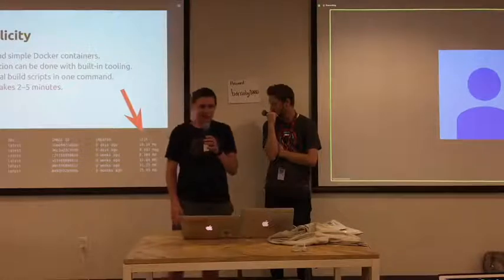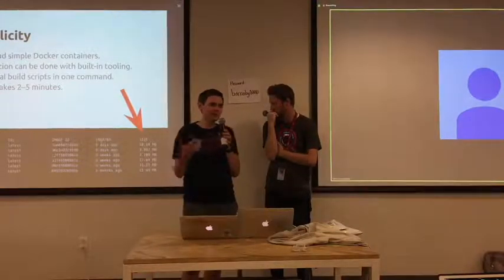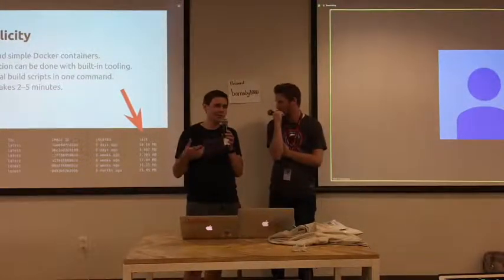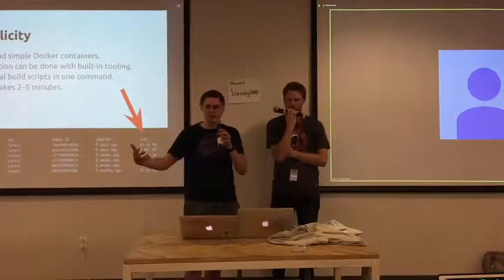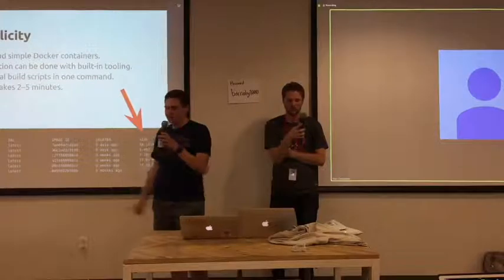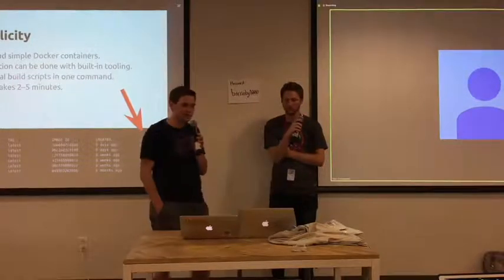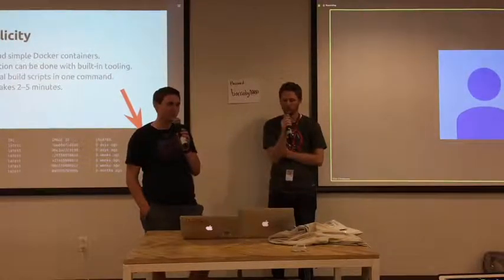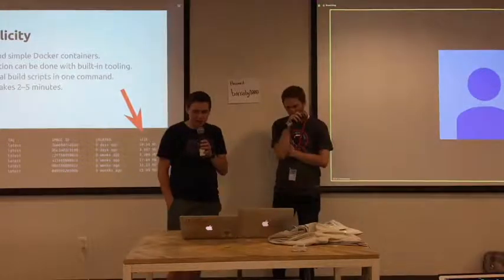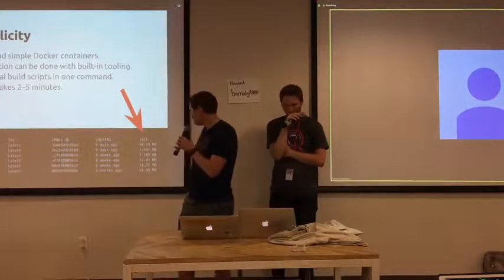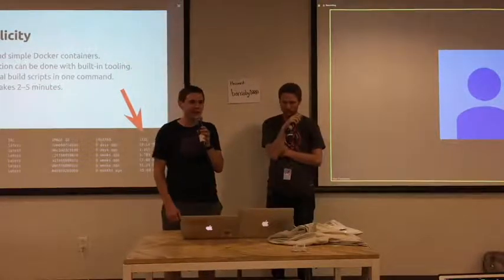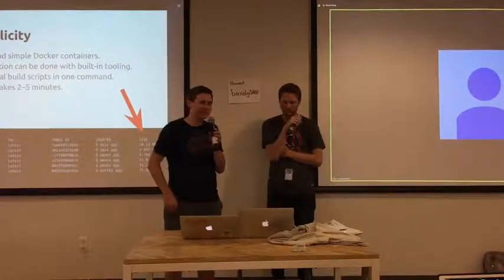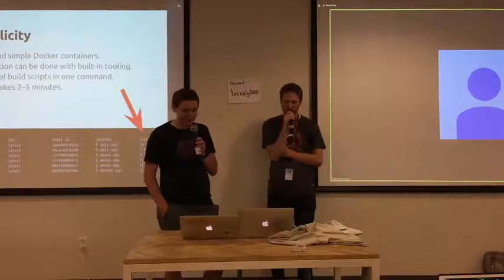We can sometimes build something locally into a Docker image and then pull it down in our staging environment and run it. It's just so quick that we don't have to worry about the sometimes gigabytes of size of these code bases that we also run at Qualtrics. I think our largest one here, 31 megabytes, is because it's running a web server and has AngularJS and static assets inside.